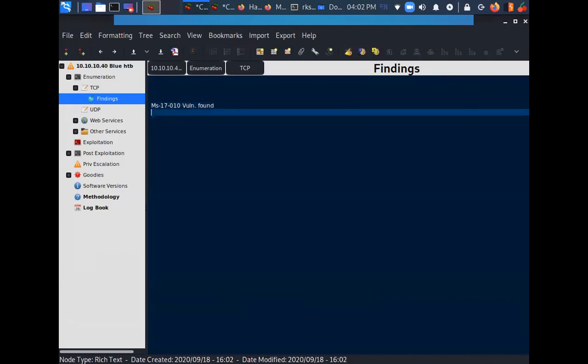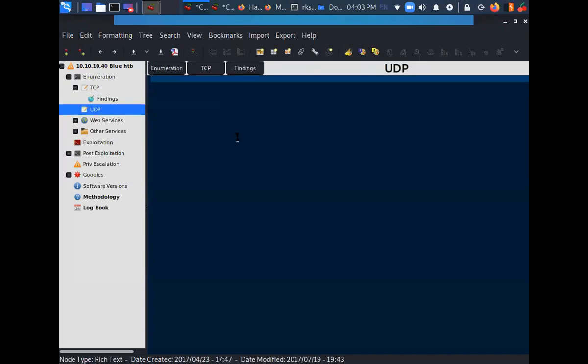Okay, verify it, exploit it. So this was a very simple machine. There was nothing complicated here. There was not more than one vulnerability. So in that case scenario, it is pretty easy. But if there are multiple services running, multiple TCP ports open, and there are multiple ways of gaining access to a system, then this note taking habit is going to help you out a lot.